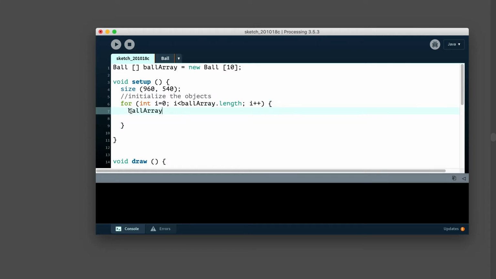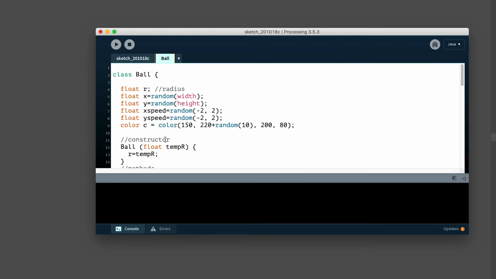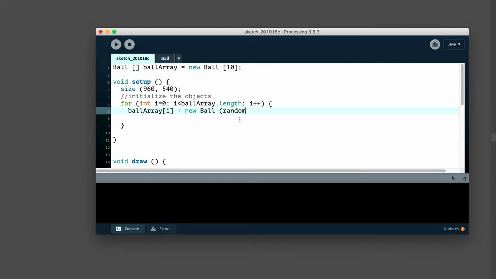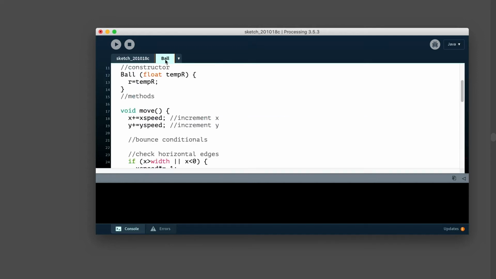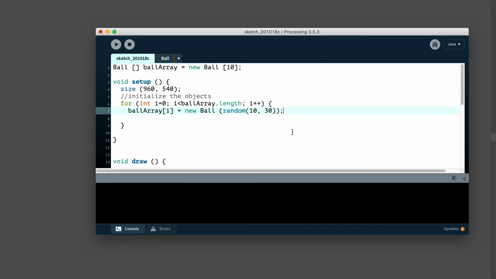Ball array i, so that it adjusts again, is equal to new ball. Now with the way that we wrote the constructor, it only takes one value, and it takes a float. So let's just feed in a random variable. I guess I could have just set it up randomly here, but this will give us later on, if we want to put an i or i times 10 or some other value, that might be helpful.